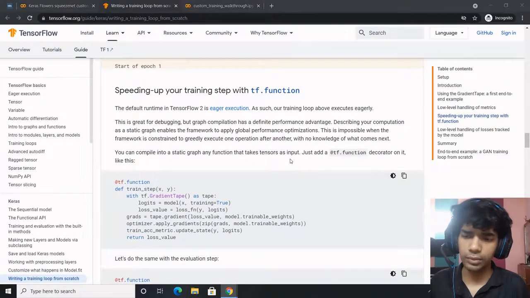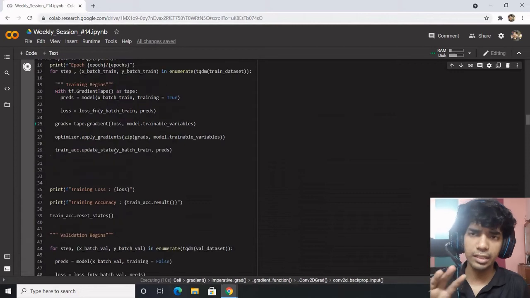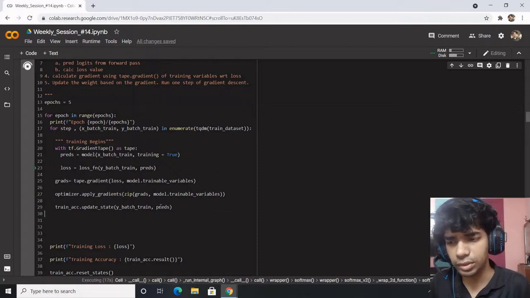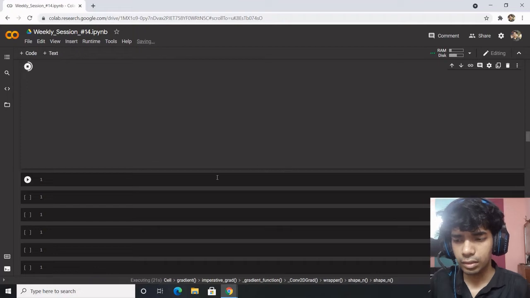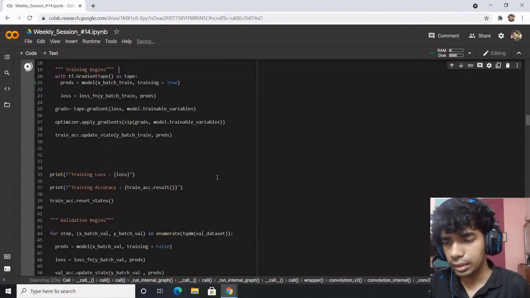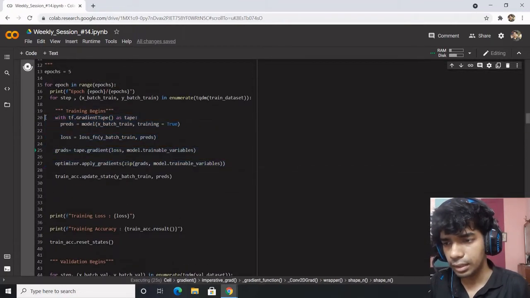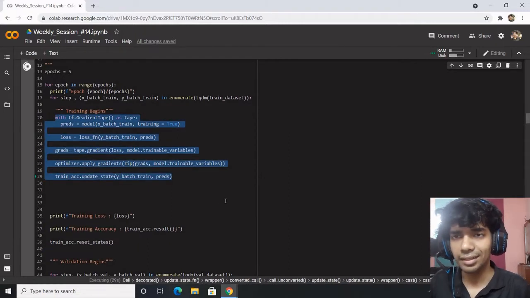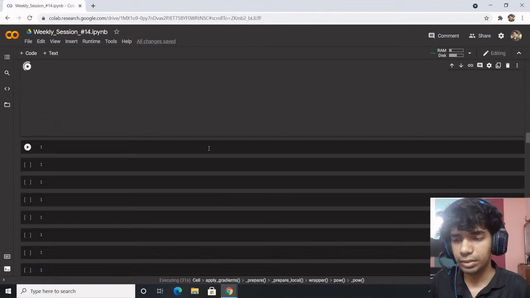Using tf.function, what is actually happening here is eager execution. If you want a graph method, since everything is well defined and fixed, we can do a graph execution, which would speed up your custom model training, by taking this part of the training and making a function out of it, right? So that's beneficial in the long run.